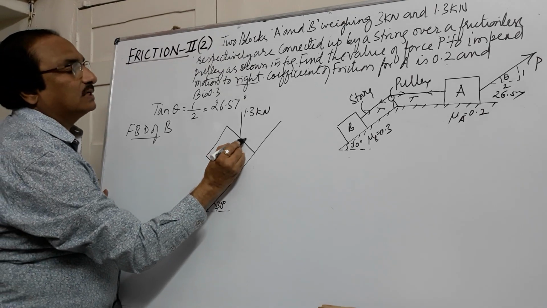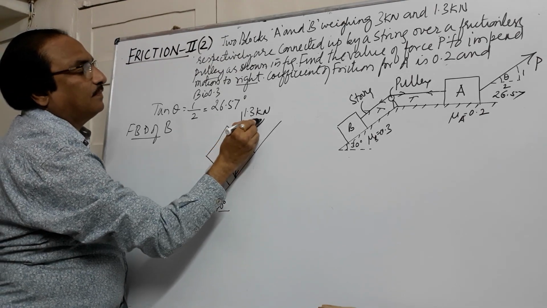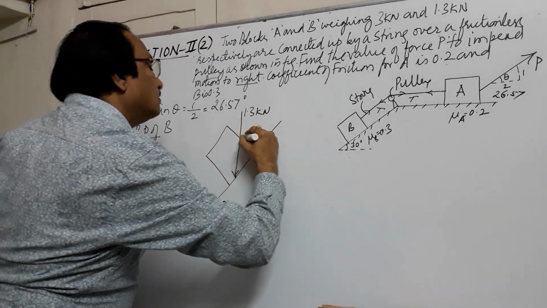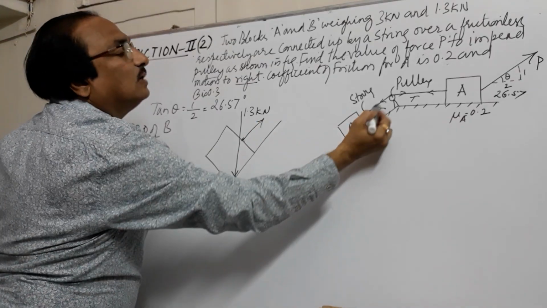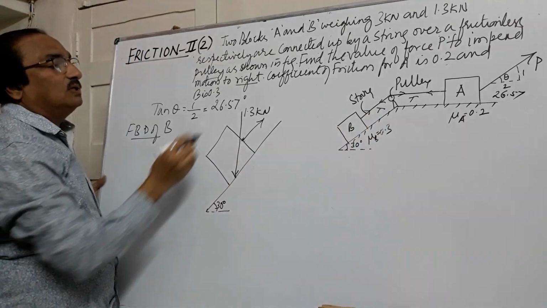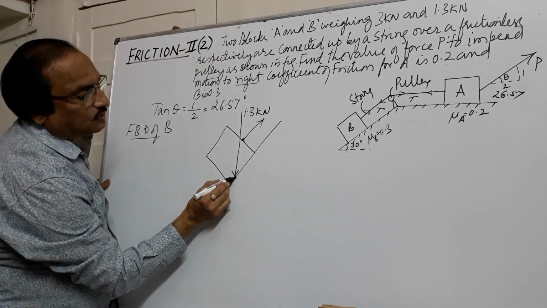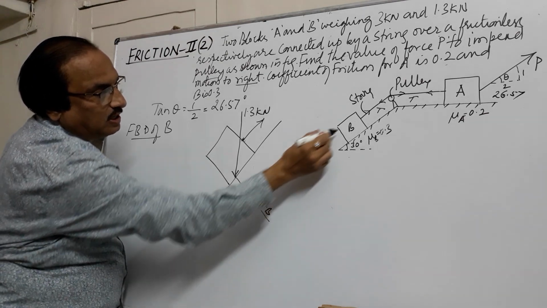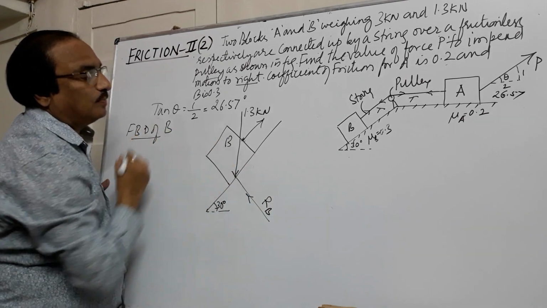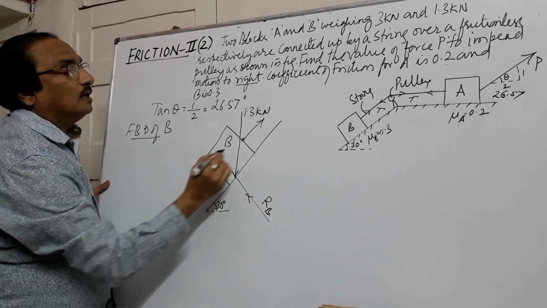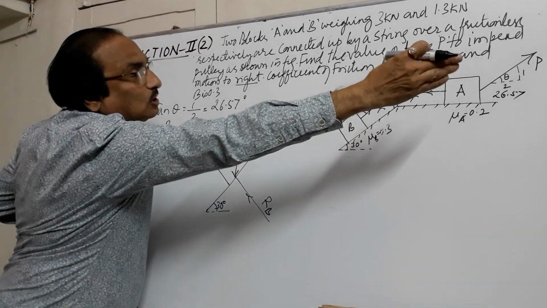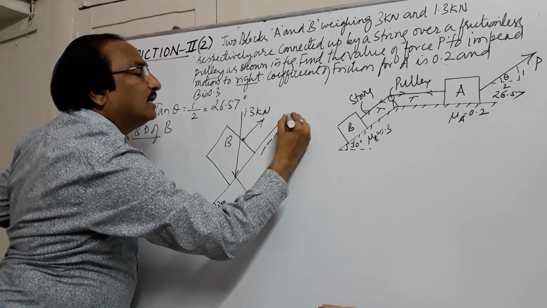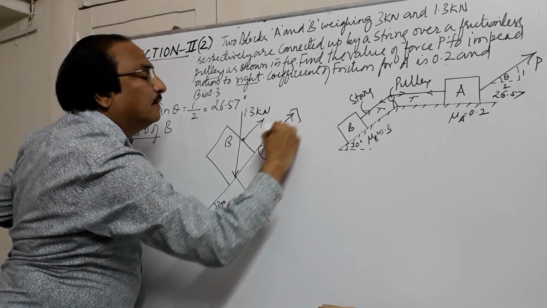It is tied with the string here. This string is acting parallel to the plane. So this is the arrow that you will have to consider near the body. Now these are the forces that you see. The next force you see is the normal reaction, R at B, we will call it RB. This is block B. Now the motion trend: since this is moving towards right, definitely this has to move up. So the motion trend is up the plane.